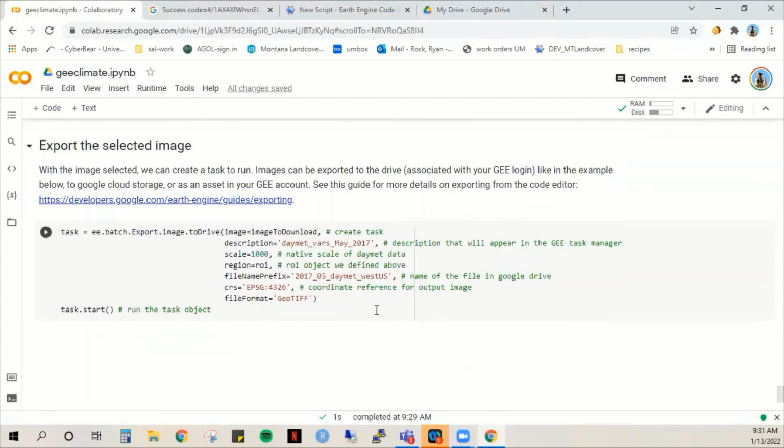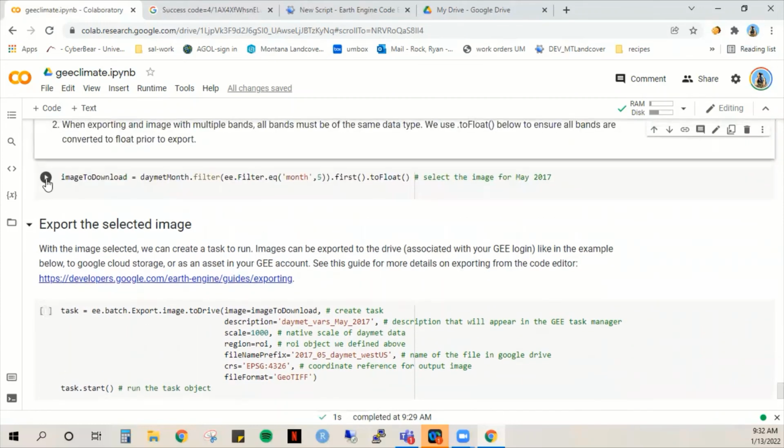So the last chunk here is where we'll actually export the image, and you can find out a lot more information about exporting on Earth Engine's developer guide with that link there. But basically, you have to create a task object or a task variable, and it's a little different if you're using the code editor, but in the API here, you have to create a task object with certain parameters identified. So the first is the image, which is what we just created above, this image to download, and